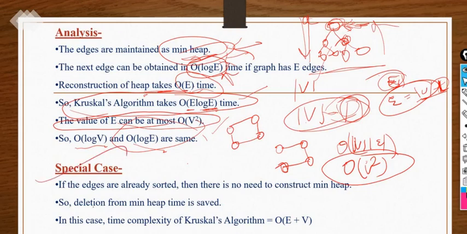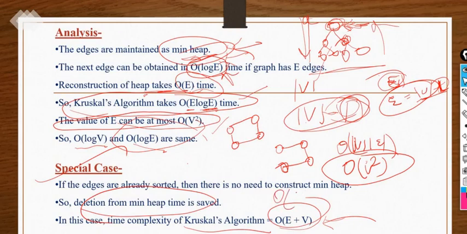This is a special case you can consider: if you are deleting something and trying to save memory and time with the min heap, it will be good. It will improve Kruskal's algorithm time complexity to order of e plus v. Here e is edges and v is vertices, or you can write it as order of v, because v minus 1 has 1 as a constant, and v plus v is 2v, where 2 is a constant. Rather than writing this, you can also write order of e or order of v. It's up to you, right?